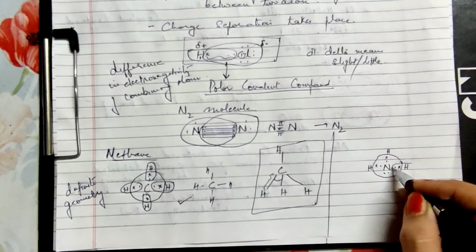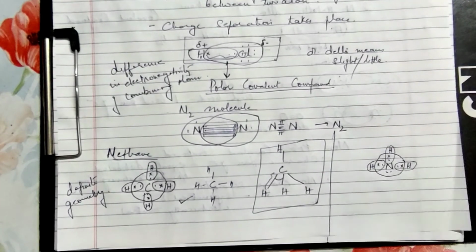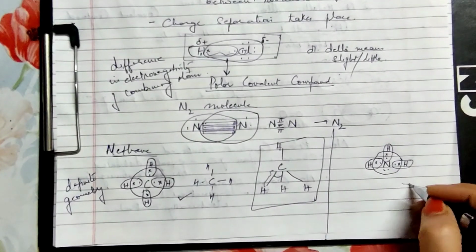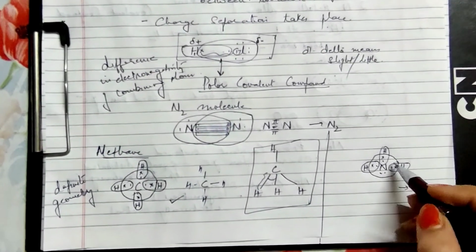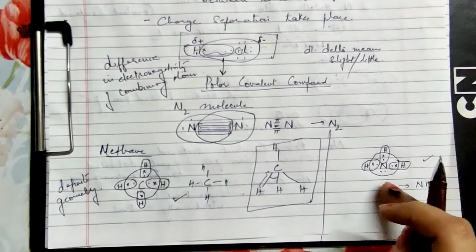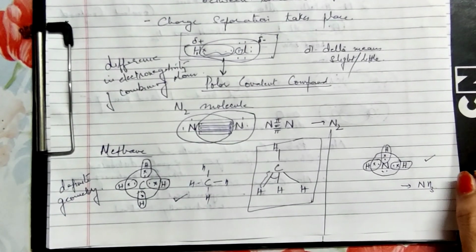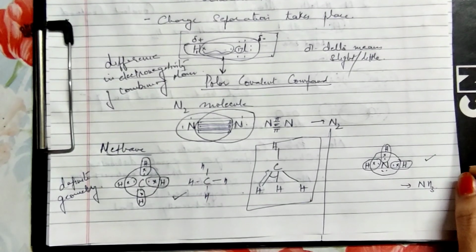Also, the 3 hydrogen atoms which are associated, they are also acquiring stability. So all of them are stable. This results in the formation of a molecule called ammonia. Now if you are representing ammonia like this, it will be accepted, though it has a definite shape. We will not talk about the shape over here. So this was regarding the formation of covalent compounds.